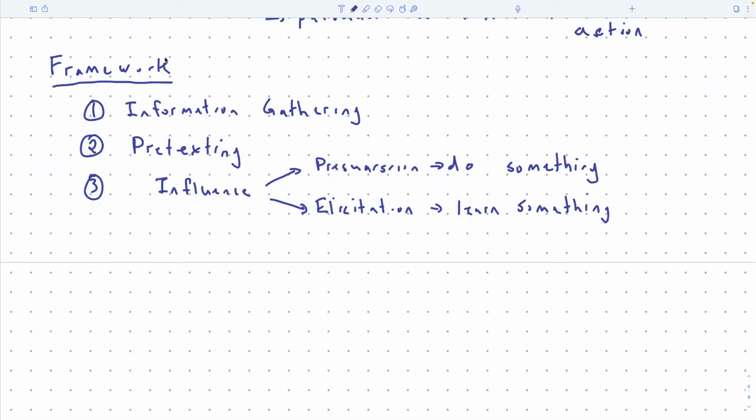So now let's do the more academic exercise, and we'll think about what you just saw and how does it fit into this categorization, and then we'll spend some more time on each of the things. Okay, so information gathering